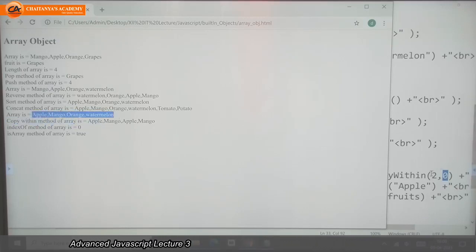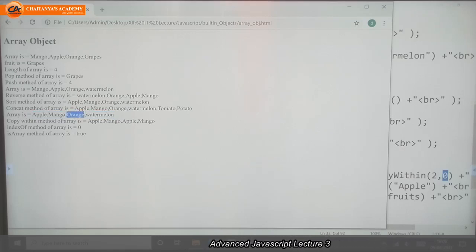And what did I give? 2 comma 0. copyWithin 2, 0 means at the second position I want the 0th index element. The second position means this orange position. In this orange position I want this apple name again. So apple, mango, apple, mango. Like that it is copying the elements.